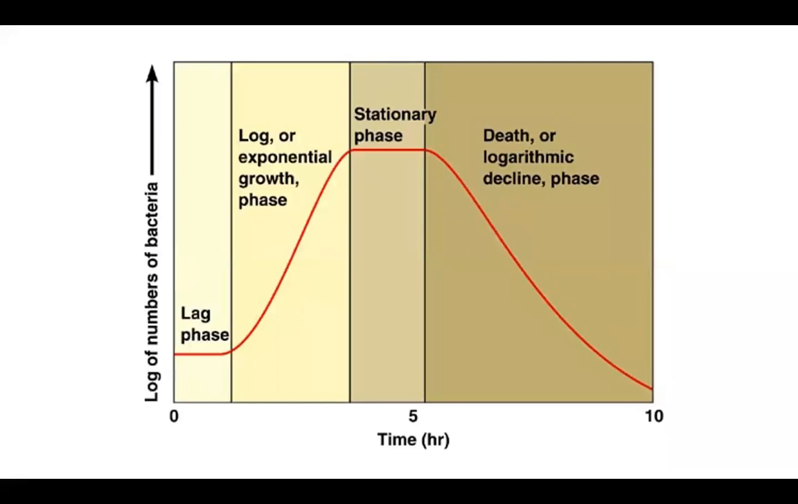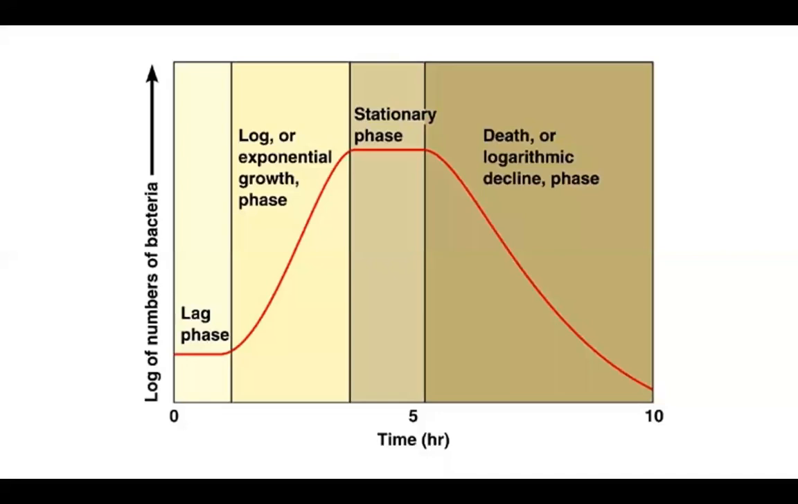On the y-axis, you have the log of numbers of bacteria. So you can see the lag phase, so there's no increase in numbers yet. You have the exponential phase where you have a large, very fast increase in the number of bacteria, but